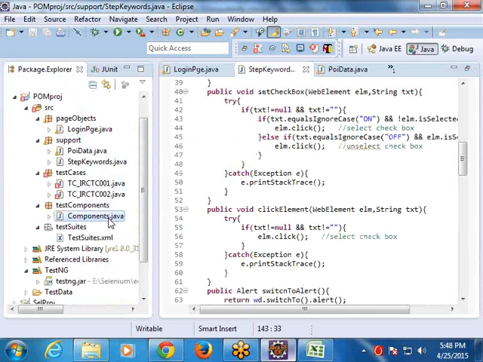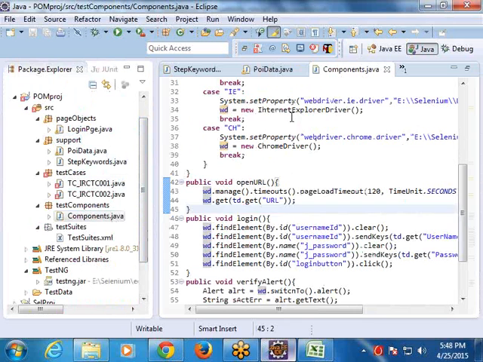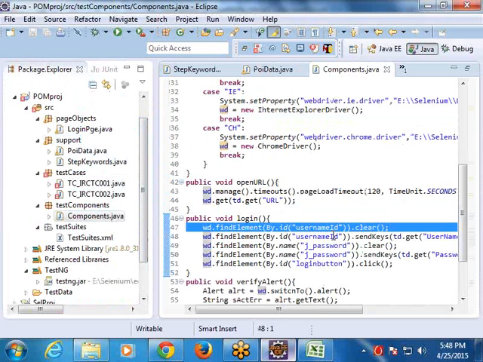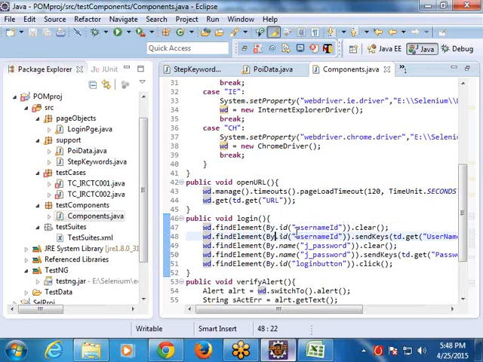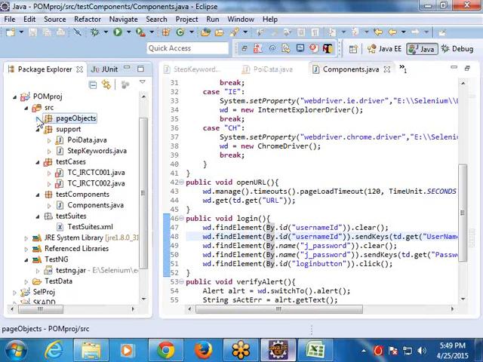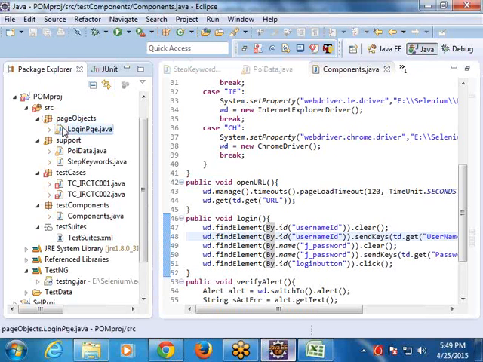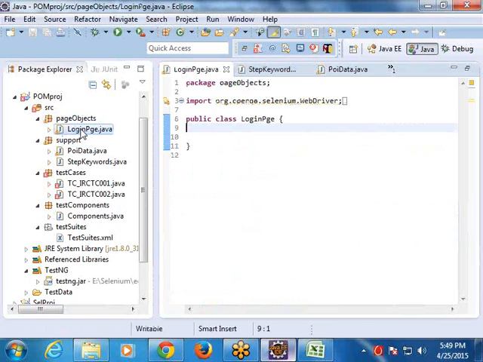See, now in the components here we are defining object element properties inside the script itself. Now we will separate this. We will separate these element properties from the scripting. How do we do that? Inside page objects, define a separate class for each page. For login page, I created here the LoginPage.java file. So inside this file,